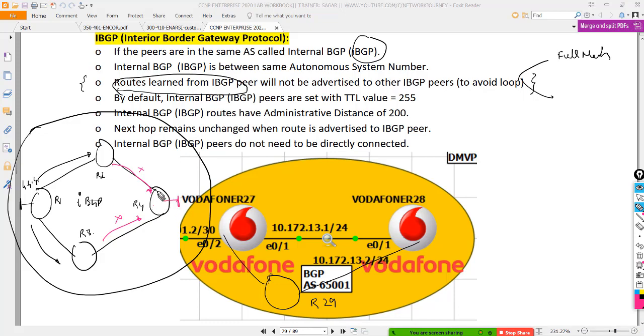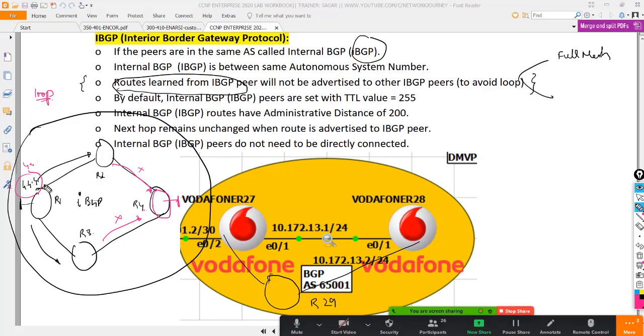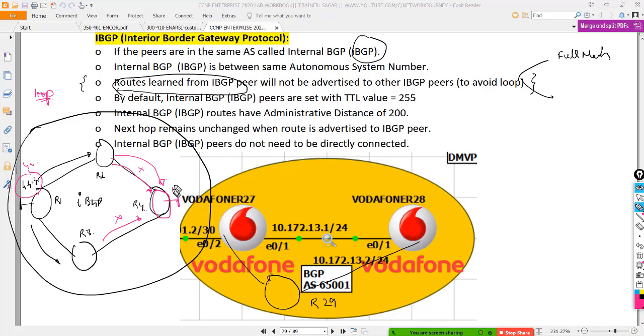So for router R4, this router is not going to know where 4.4.4.4 is. So how do we fix this? First, why do we need this kind of mechanism? That is to avoid looping. Let's say this router would have advertised to R4.